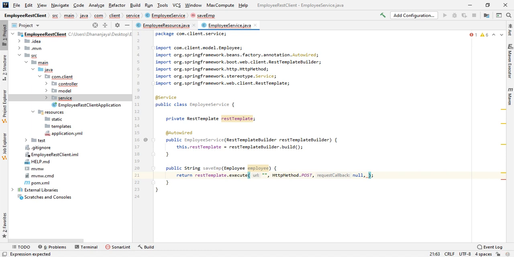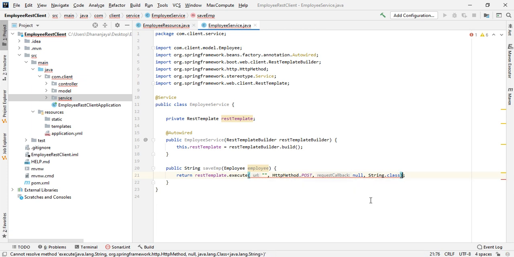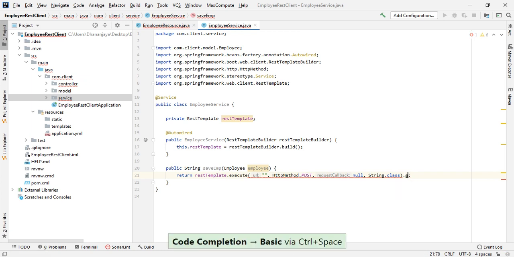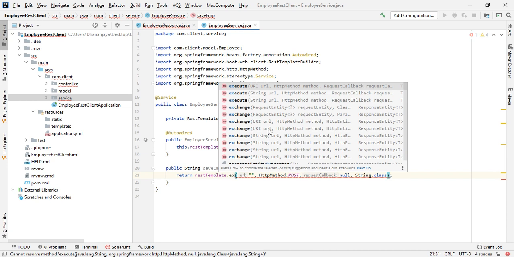Then the return type we need to specify here, String.class. Okay, so it will return the response body. Then just call .getBody. It is giving an error. Let me check. Sorry, the exchange method I need to call.